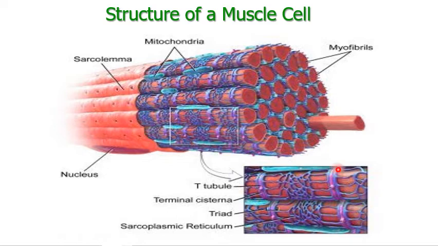These get the signals from the nerve cells. This activates when it gets the signal from the nerve cells. These signals pass through the tubules. Here you can see the tubules. The signal from the nerves passes through the tubules and helps in the contraction. The signals travel through the transverse tubule and help in the contraction of the cell.